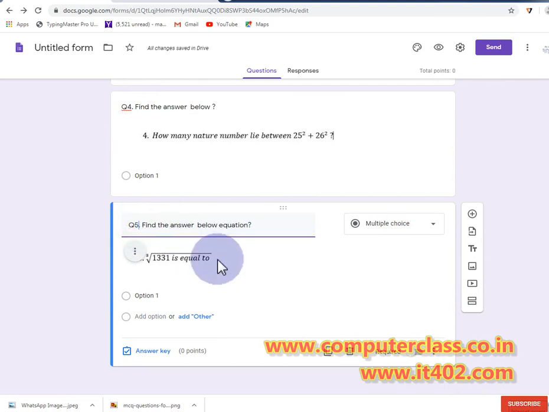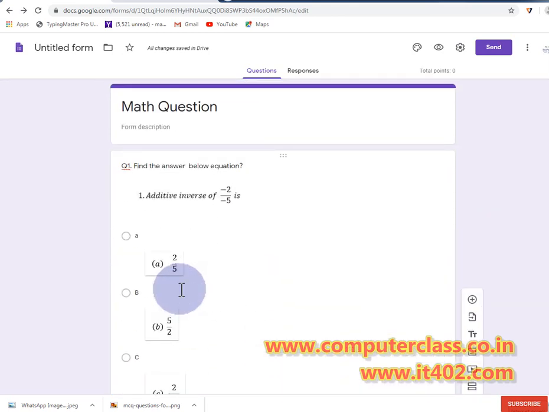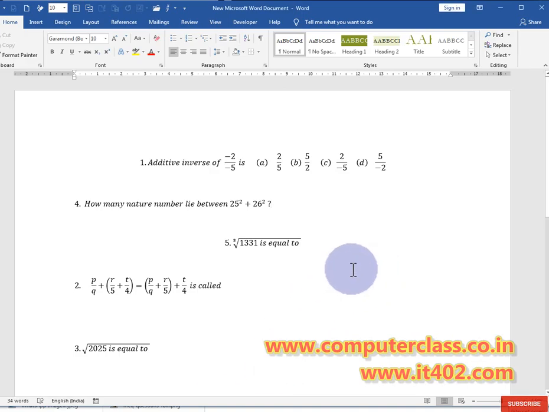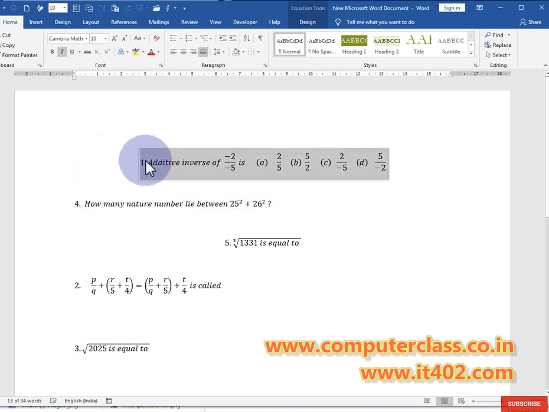So here we just prepared, or typed, 5 questions. With the help of this, I think it is also a little bit difficult for those who are not computer friendly, but if you try, you will definitely do that task. You only need to create all those questions in the form of equations.